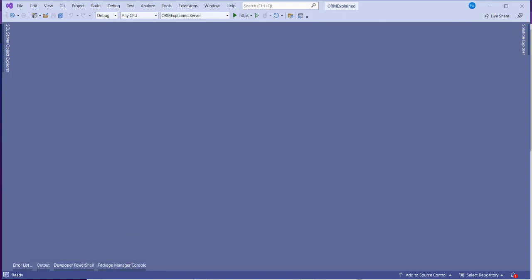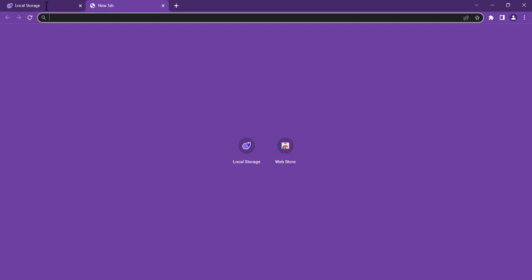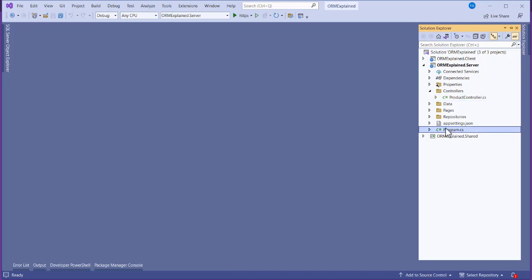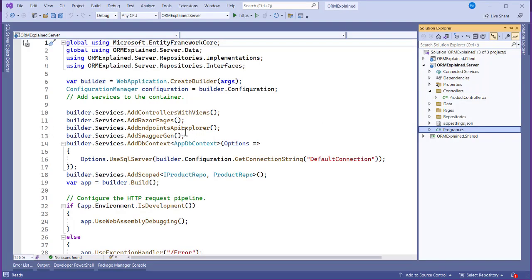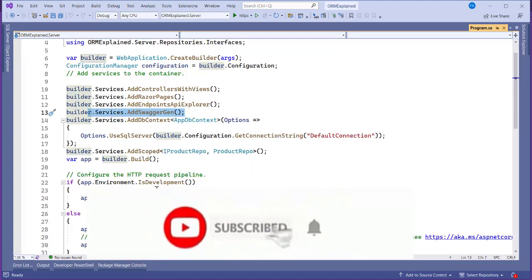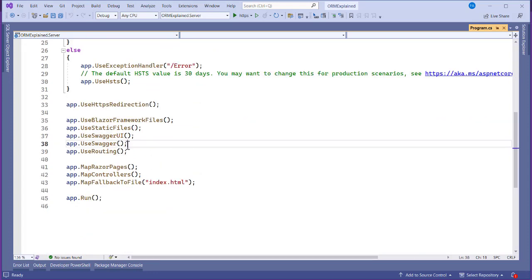So when you're done with this, you can now try our system. So run the application, and here we need to use the Swagger UI, that's the Swashbuckle.AspNetCore. To do that, we have to go to our Server project, Program.cs file, and now let's add this. So builder.Services.AddSwaggerGen, then come to the middleware pipeline and add the UI and the Swagger. So we are adding app.UseSwagger and app.UseSwaggerUI. Save it and run the application,